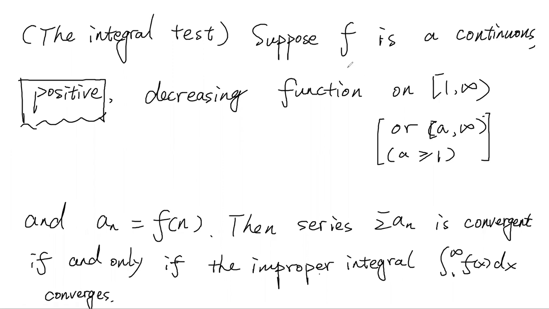So basically, if you have a continuous, positive, decreasing function on an infinite interval, and a_n is equal to f of n,